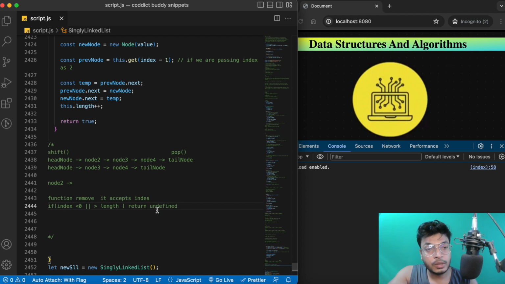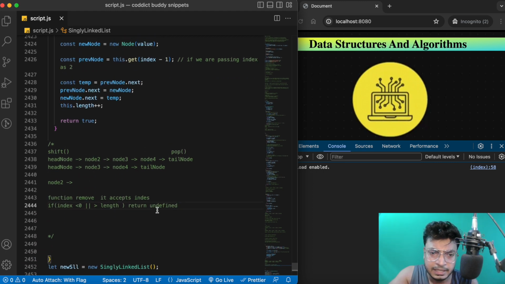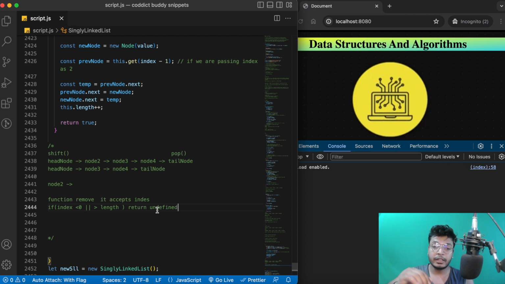Here you might ask me a question: in some cases I'm returning true or false, and in some cases I'm returning undefined. Why is that so? Whenever you are removing an element, we can't just return true or false. Whenever you remove something, you have to show the user the particular node you have removed from the linked list or from the data structure. So if there is no node found in that data structure, we return undefined in case of removing.